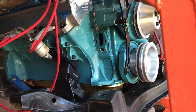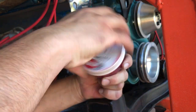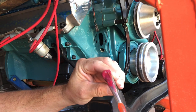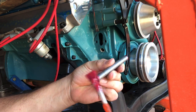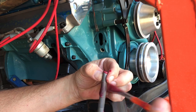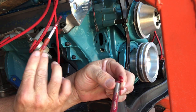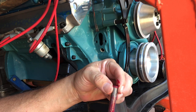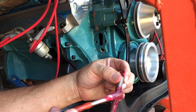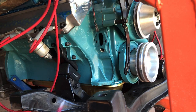I'm going to go ahead and put assembly lube. Here's my assembly lube, in here, because it can't hurt. Also going to put assembly lube around here. The idea is that it's sort of greased up so that when you push on the rod, it goes up and stays up long enough for you to get the fuel pump in there. If you just leave it dry, well, first of all, it's not good to have dry metal anything in there, but you know, it wants to just slide down. So hopefully